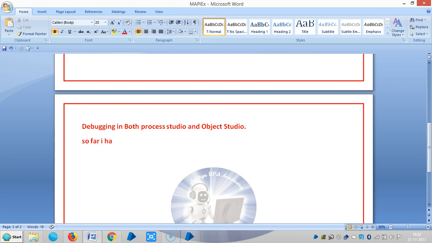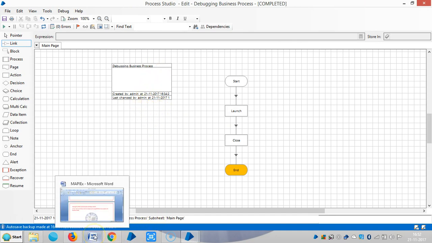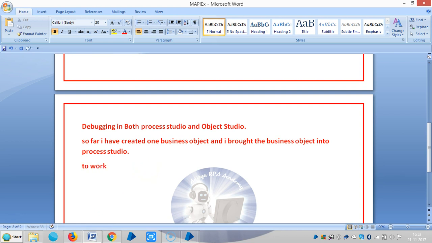So far, I have created one business object, and I brought the business object into Process Studio. And to work with debugging options,